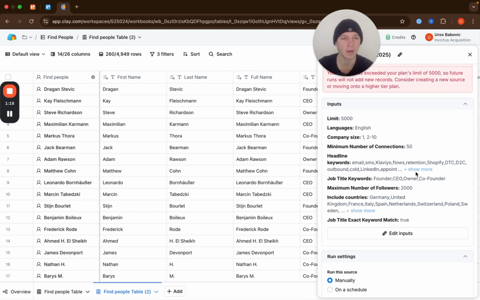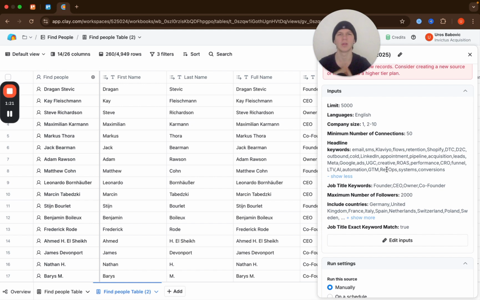Then this is the most important part: keywords. You guys know your niche the best, so what you want to do is stack up all the keywords that your niche uses. I have YouTube content marketing agencies, e-com agencies, email, SMS, CRO, AI automation, funnel building, systems, pipeline, appointments, go to market, all these keywords. Put them in the keyword section as singular words, because the one bad thing about Find People is that it does OR logic and not AND logic. So you just want to get as many accounts as possible that contain even 1 or 2 of these keywords,